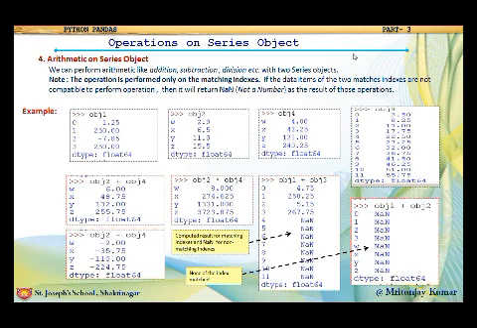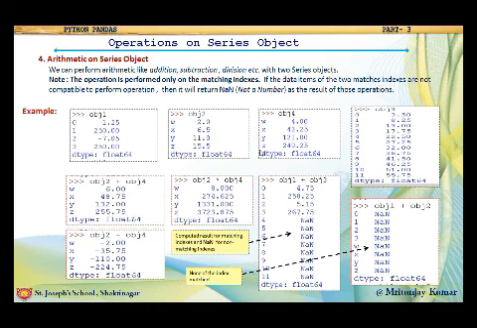You can see this example consists of 4 objects, that is obj1, obj2, obj3 and obj4, having different lists or different elements with different indexes. You can see in the first object the 4 values are there on the index 1, 2, 3, 4. In the second object the 4 values are there on the index w, x, y, z. Similarly, in object 3 there are 12 values on the index 0 to 11. Similarly, in the fourth object the 4 values are there on the index w to z.